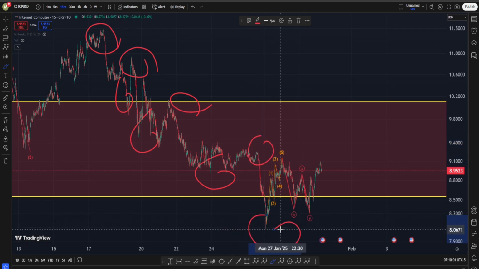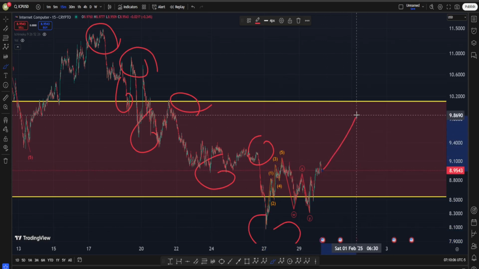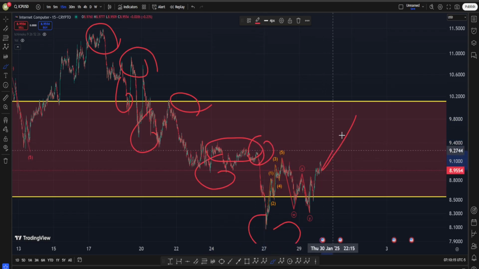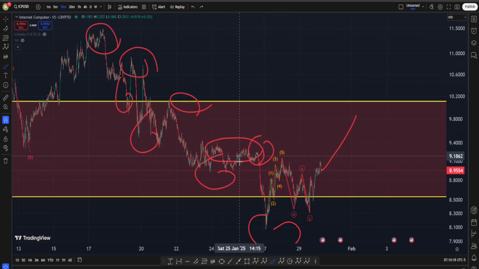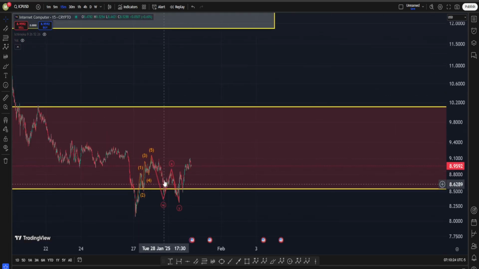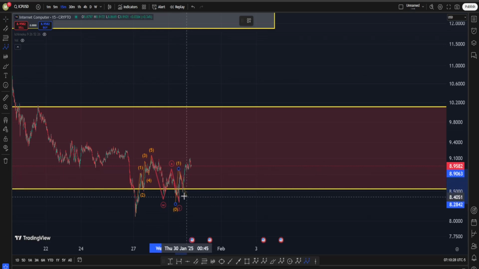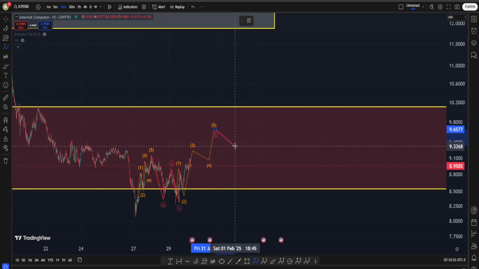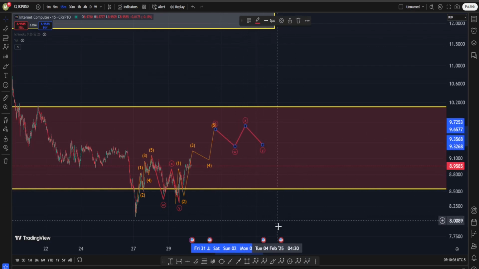The question is, when can we say our downtrend is over? You know it: when we get a move up, and in that move we take the previous major pivot high, which is going to be right in here, about, let's say, $9.50. So if we continue this move up and take this high, that is going to be a fantastic sign. And overall, I want to see in the current move on the upside in Internet Computer something like this, maybe 1, 2, and then 3, 4, 5,